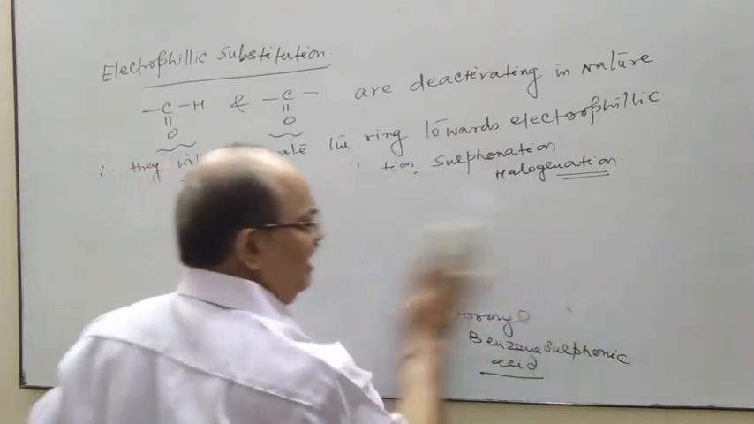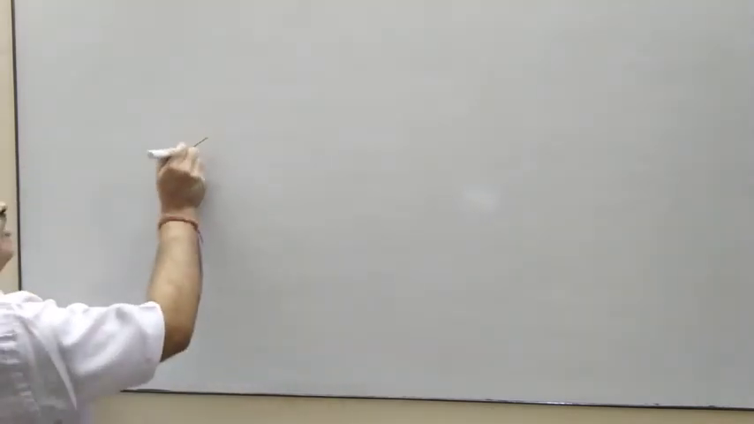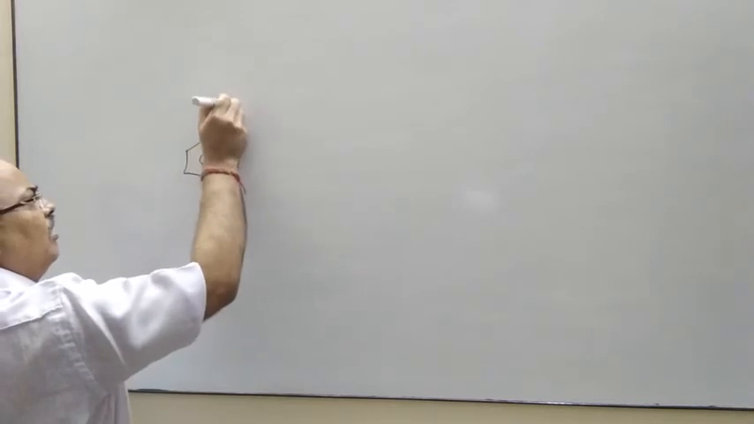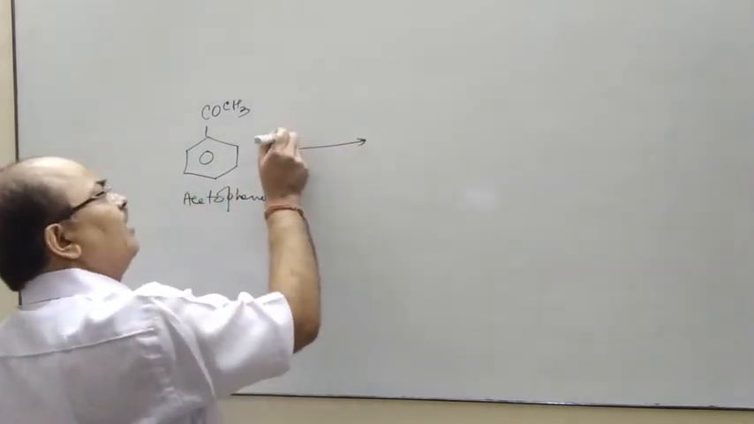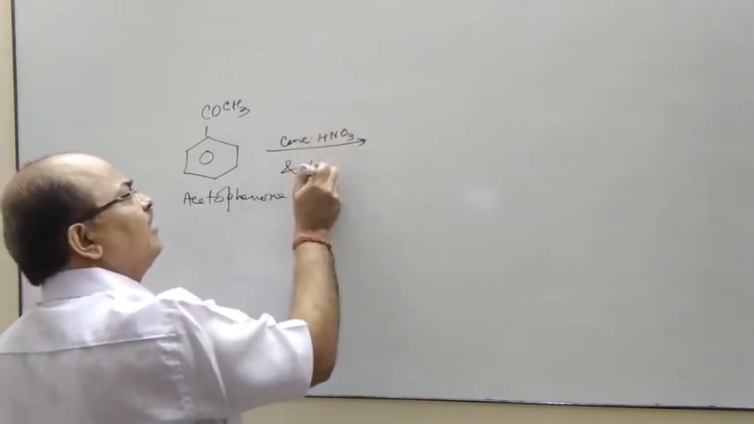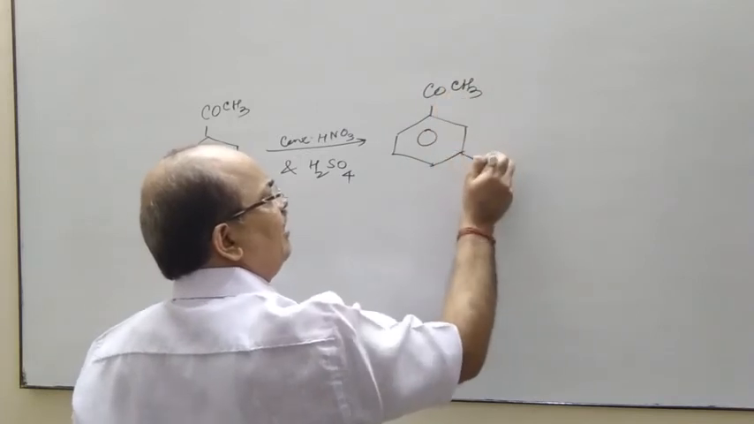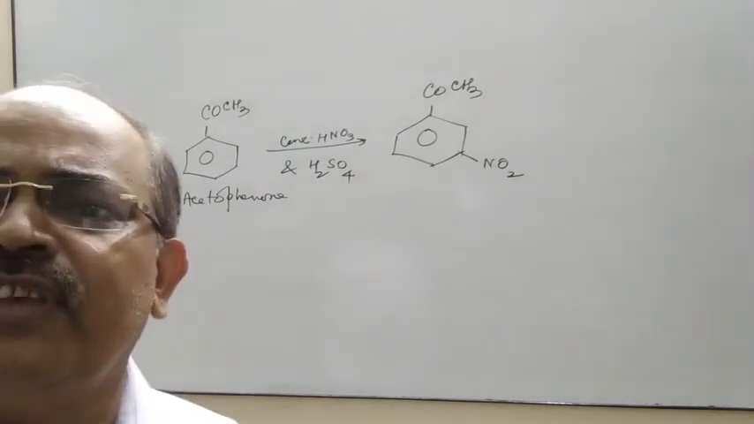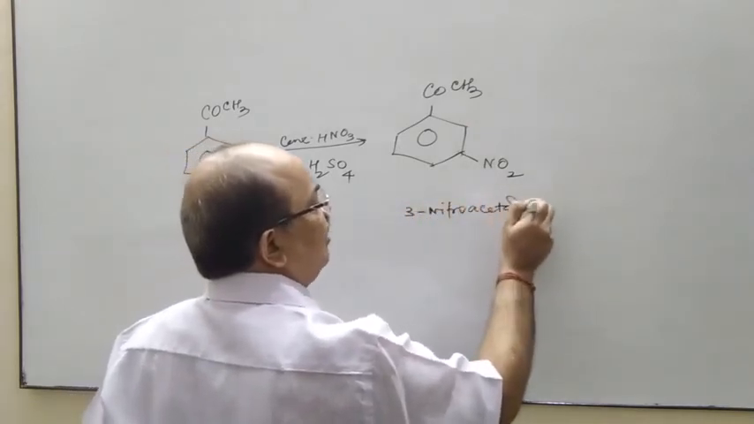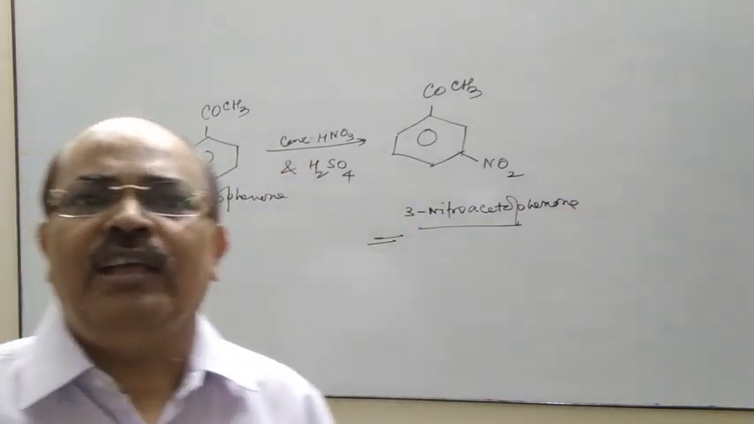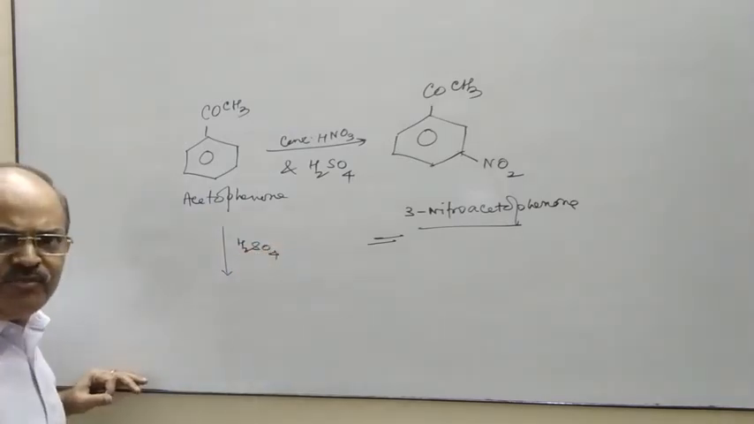Now in place of benzaldehyde, if we consider acetophenone, this is acetophenone. This acetophenone on nitration, that is with concentrated nitric acid and sulfuric acid, the product is simply 3-nitroacetophenone, or you can say meta-nitroacetophenone. Similarly, if you do their sulfonation,